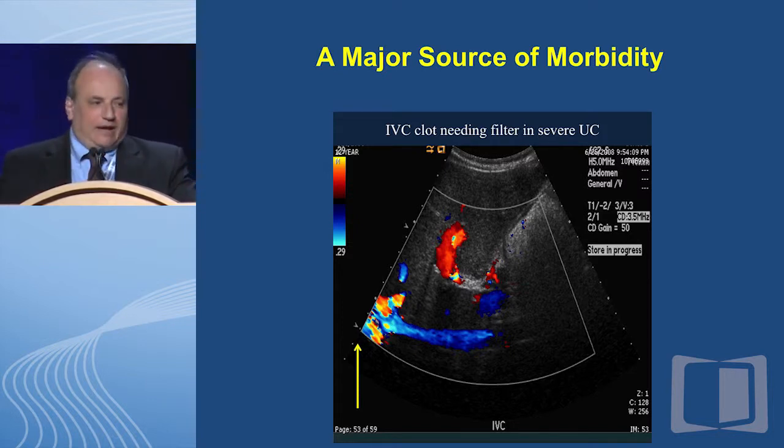So why do we worry about it so much? I just want to talk about a case and to emphasize, this really is a major source of morbidity in our population. It usually happens in the sick patients, those at risk for strokes, or those who can get strokes. It often happens at the worst time when you're thinking about colectomy. To tell this story, here's a young man who was admitted with severe ulcerative colitis. He got 2 doses of infliximab, failed. We were ready to take him to surgery when all of a sudden his legs started swelling. And we did a Doppler ultrasound, and what you can see here was a very large clot in his